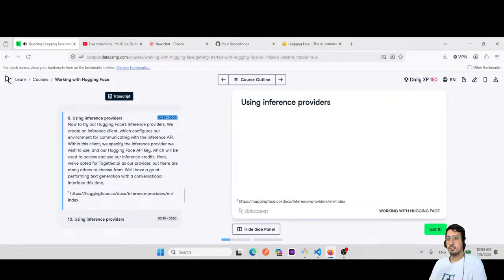Now to try out Hugging Face's inference providers. We create an inference client, which configures our environment for communicating with the inference API. Within this client, we specify the inference provider we wish to use, and our Hugging Face API